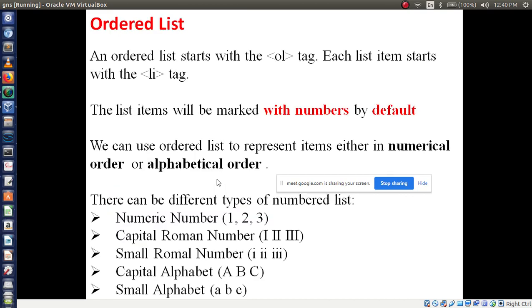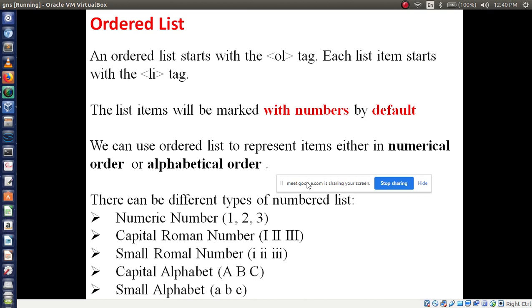Have you written this code? This slide written? Okay, write down fast. An order list starts with OL tag and each list item starts with LI tag. That's it. By default numbers will display, like that you have to write. Then third line, we can use order list.